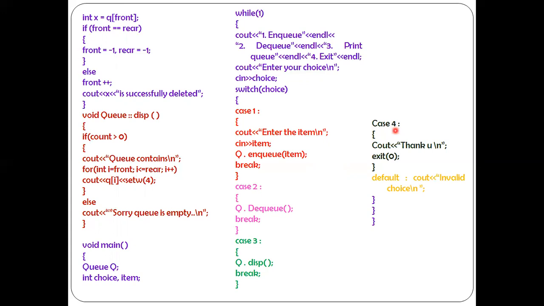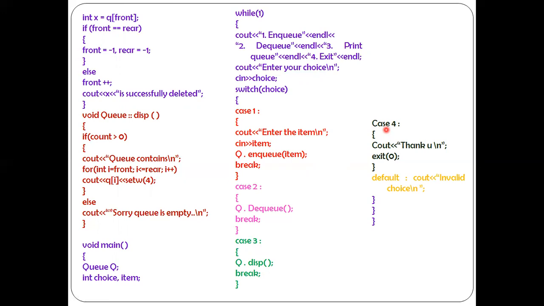Got the point? So again, if I compile this program and run it another time, and input something apart from 1 to 4, I will not enter 1, 2, 3 or 4. I'll input a different number, say for example 7. For enter your choice, I will input 7. 7 is not there in the list. Switch of 7 matches with case 1, no. Case 2, no. Case 3, no. Case 4, no.